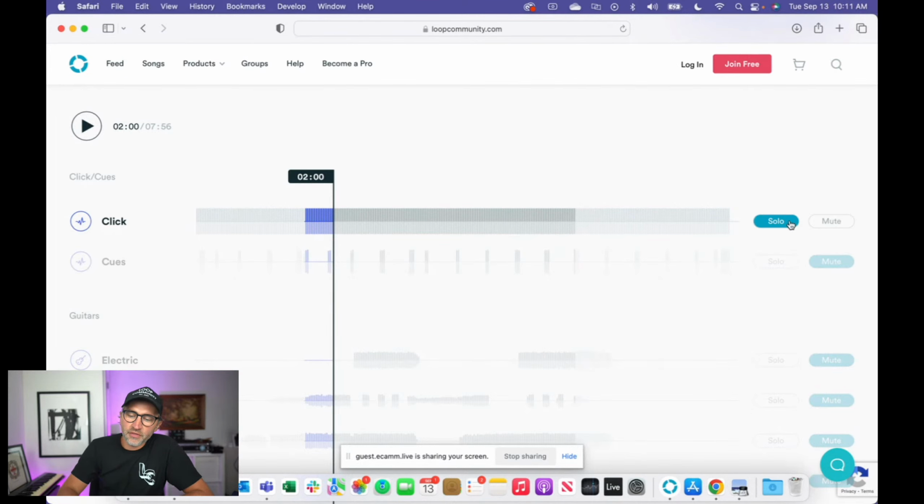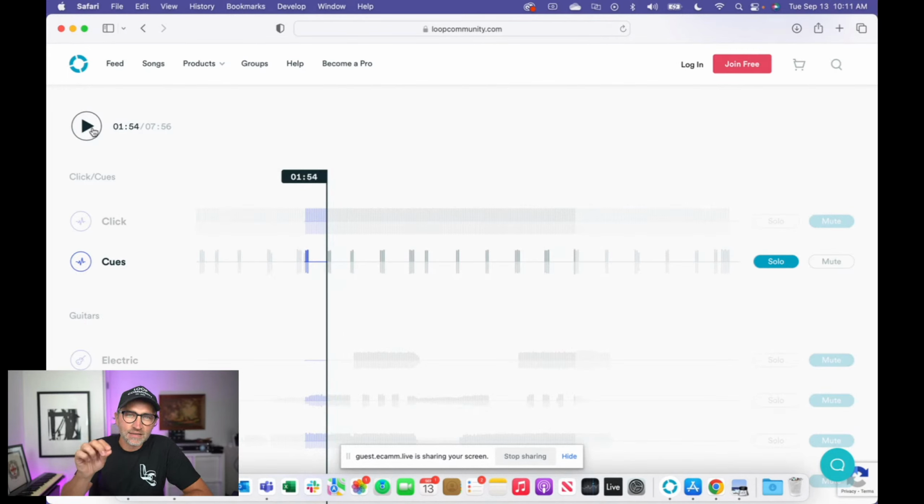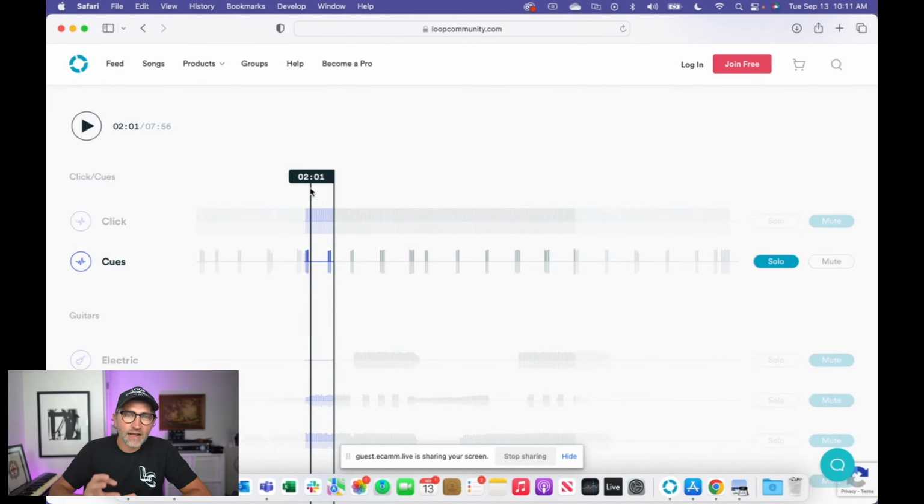The other really cool thing about tracks is that along with a click, everybody can hear a little voice in their ear that tells them where they're going next. And it says things like verse, 2, 3, 4. It sounds like this. And everybody in the band can hear that along with the click track, and they know exactly where in the